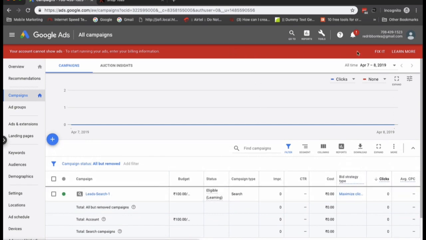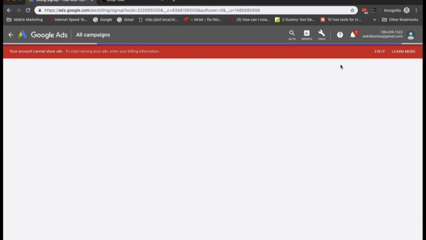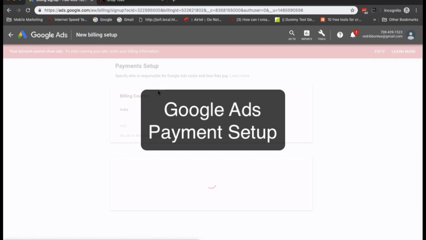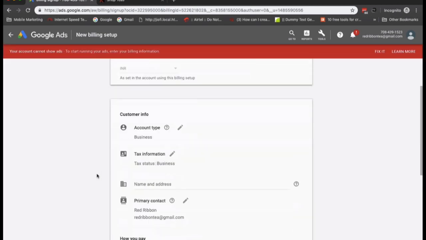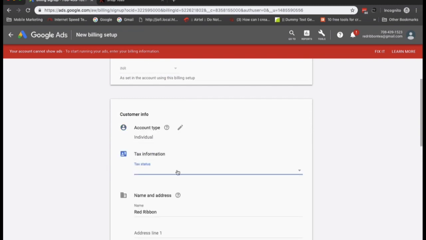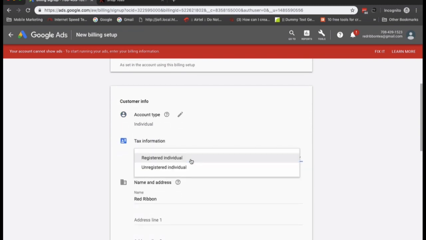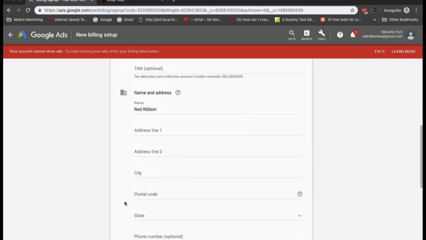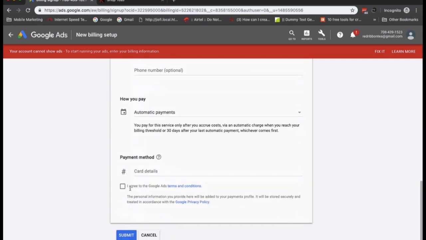To fix the payment, what you have to do is click on the bar which shows up as a fix it button, and here you can enter the payment related information. For now I'm keeping the account as individual. I'm unregistered, that is I don't have a GST or any business registration.